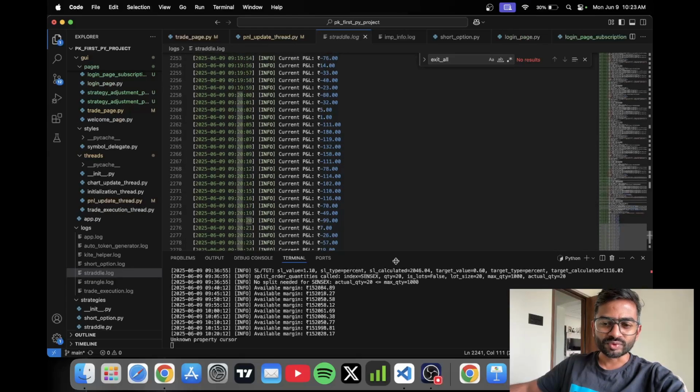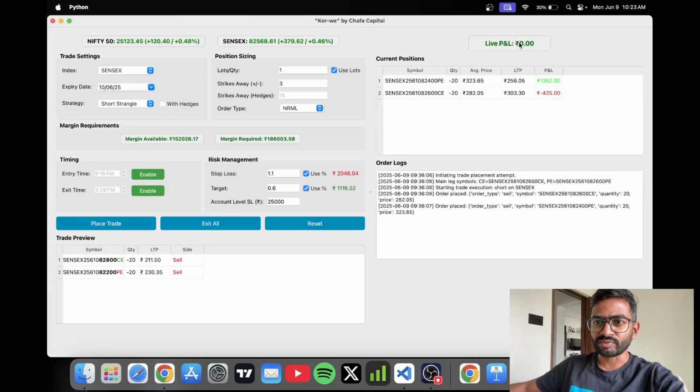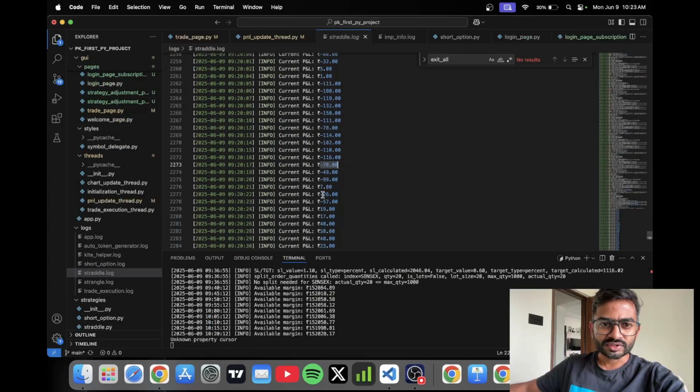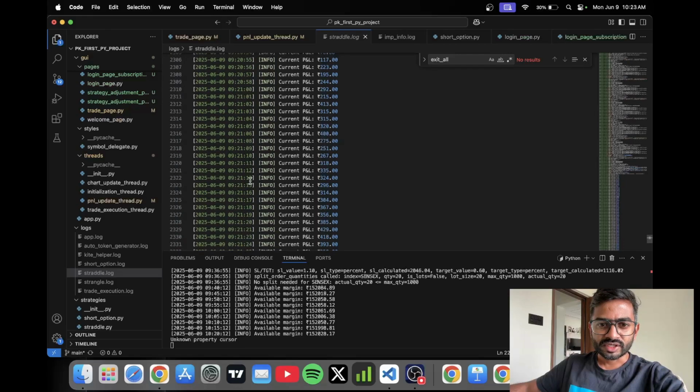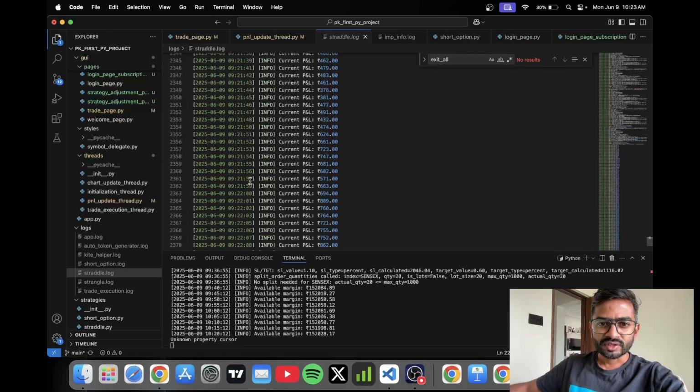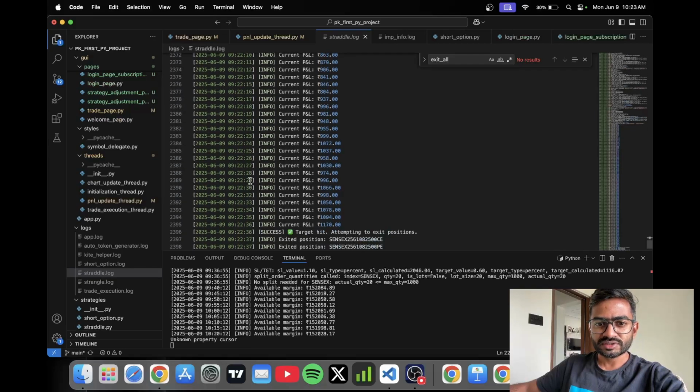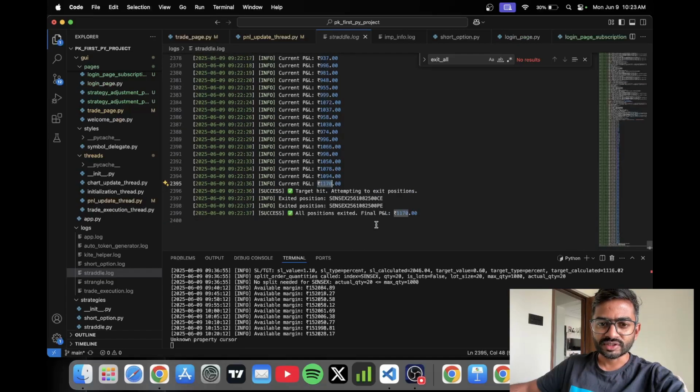The same thing is supposed to show here in the live PNL, but it is not. I'll work on that. But yeah, this is how it starts. Every second you can see that it is checking the PNL. So the PNL checking has started. There was some premium crash, and as soon as that happened, here you can see 922, right? The target is hit, and as soon as the target is hit it exited both the positions with this profit. So 922,